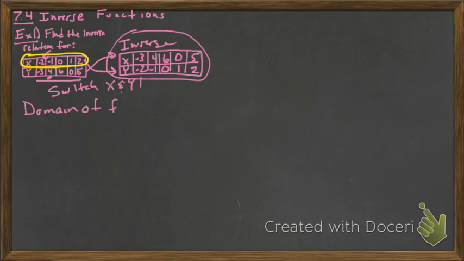This is your domain of f. It really turned out to be the range of the inverse. So the domain of f turns out to be the range of the inverse,